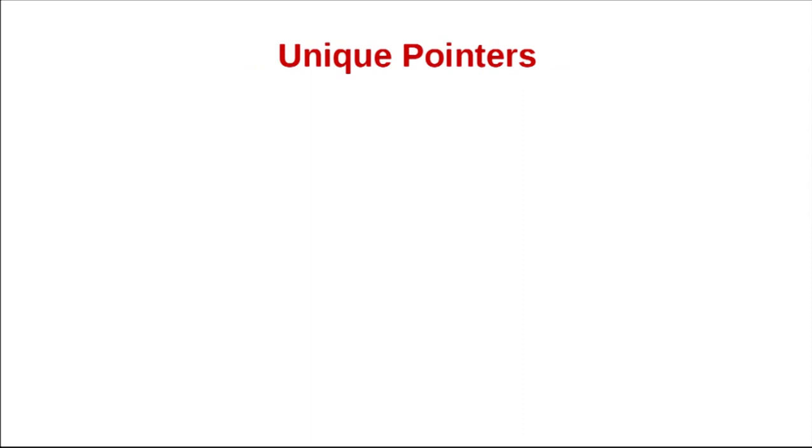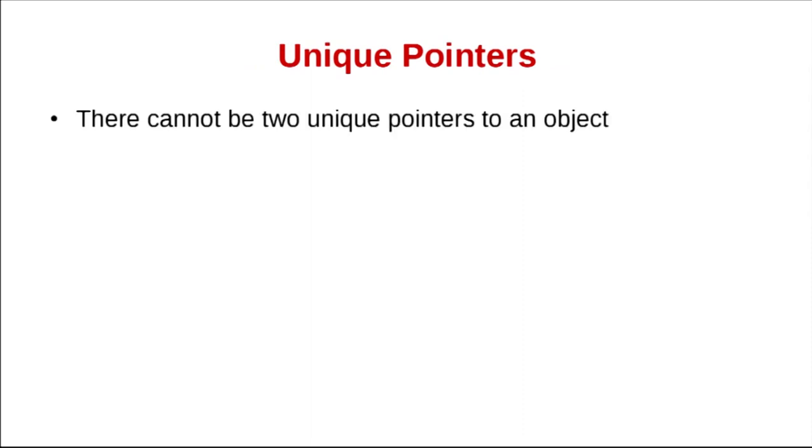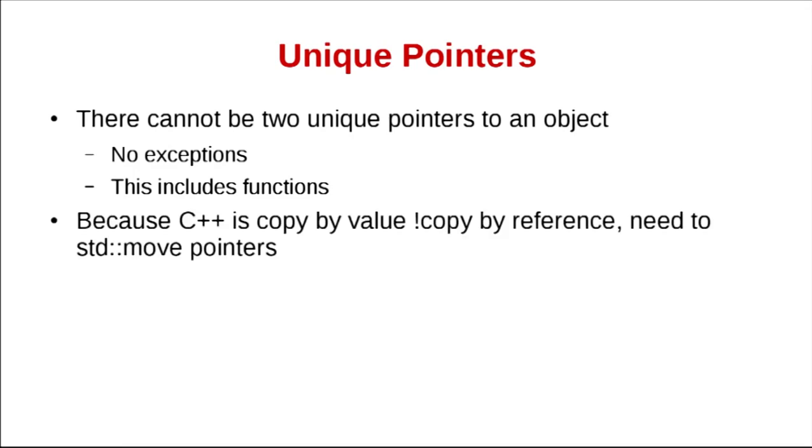Unique pointers. One more. Can't be two unique pointers to an object. Sure, no exceptions. And this also includes functions, okay? It's very important to remember. Because C++ is copy by value, and it's not copy by reference, what happens if we pass something into a function that has a unique pointer is that the compiler is going to get mad. And why is that? Well,